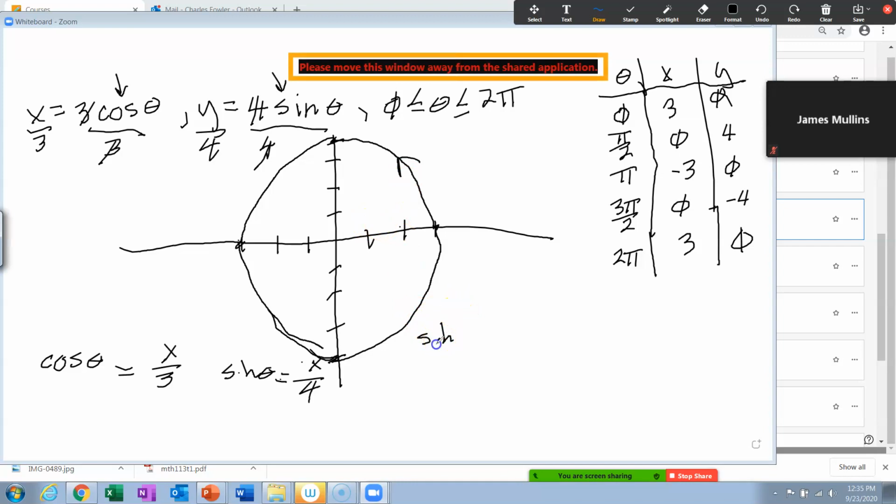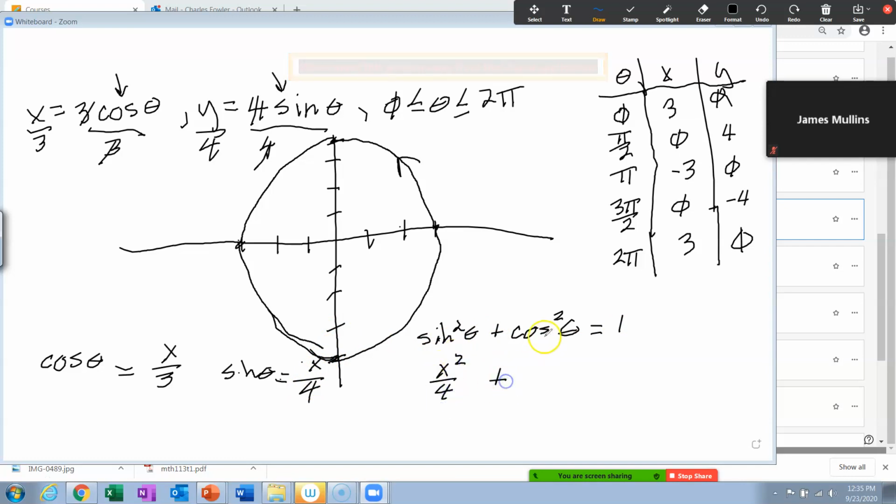So this is sine squared theta plus cosine squared theta. We know that's always equal to 1, don't we? But sine is y over 4, so this is y squared over 4